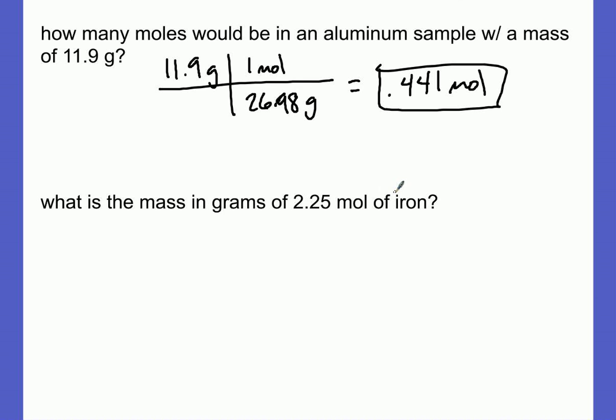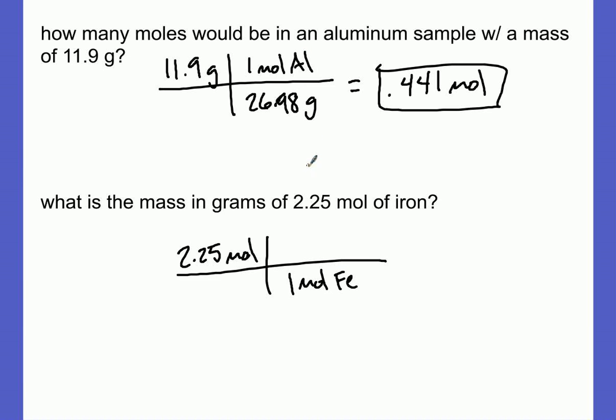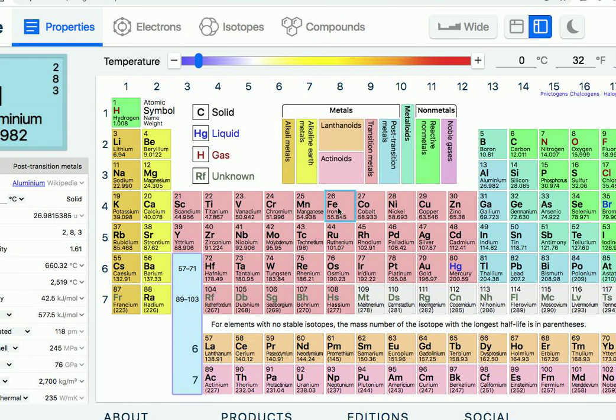And simple, pretty easy. Otherwise, if I give you moles to start, 2.25 moles for a substance, I can find out how many grams that is, and all I do is the opposite of what I did before. Instead of dividing by a molar mass, I'm going to multiply by a molar mass, because 1 mole of iron has a mass off my periodic table as opposed to aluminum up above. That's why I have different numbers for different problems. I look for iron on my periodic table. It's 55.85